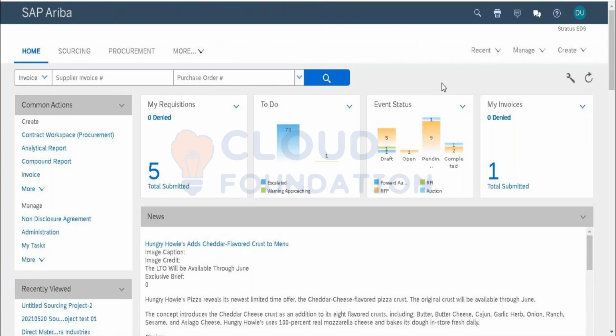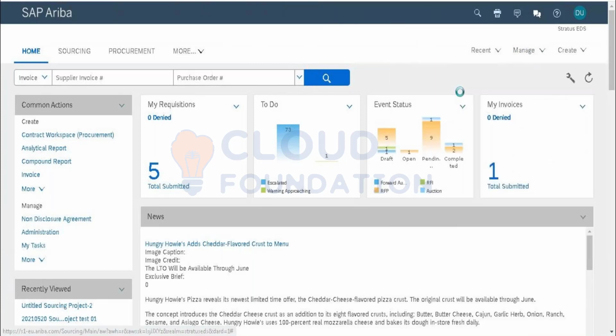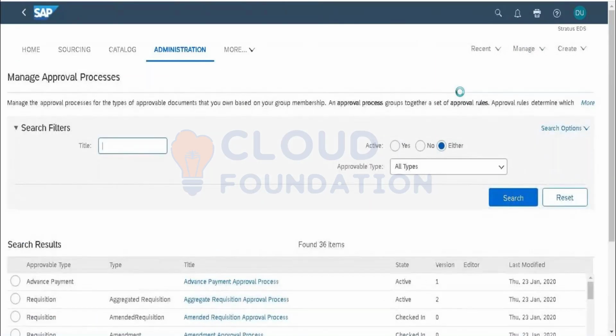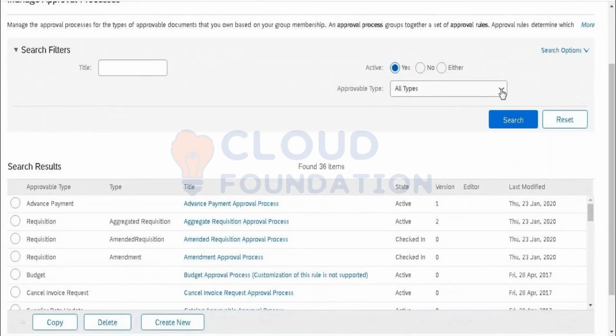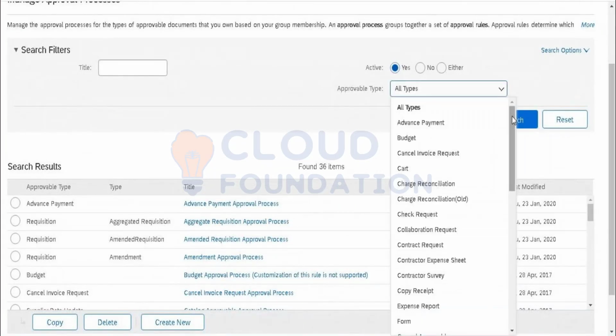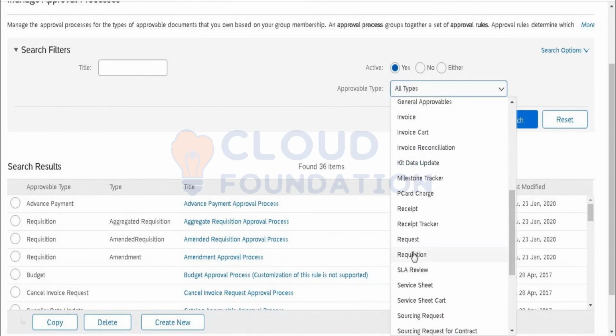Okay, so I'll just cover the last topic in this one. This is about the manage approval process, how you will be doing the approval process in here. We discussed it, but as you said, we didn't discuss it in detail, so that's why I'm showing you. You can see this approval type is by default. These are all the standard approval types that have been set in the system. So for example, requisition: whenever you are creating a requisition, you will always find this requisition tab in here. Same way you have the